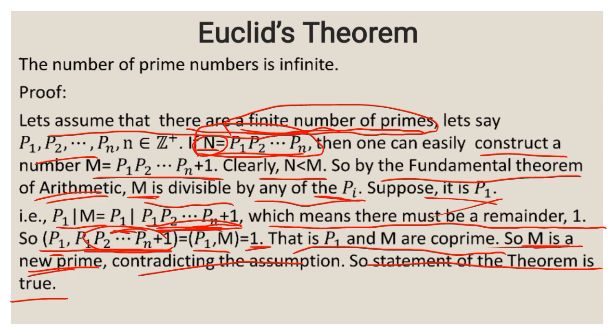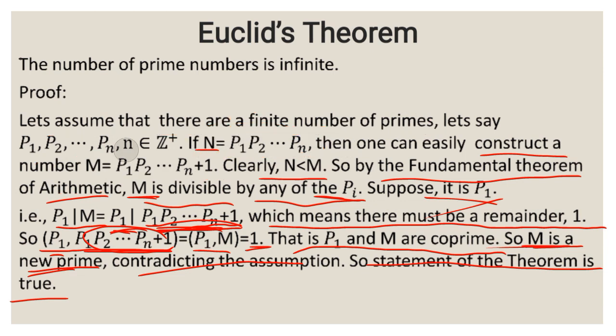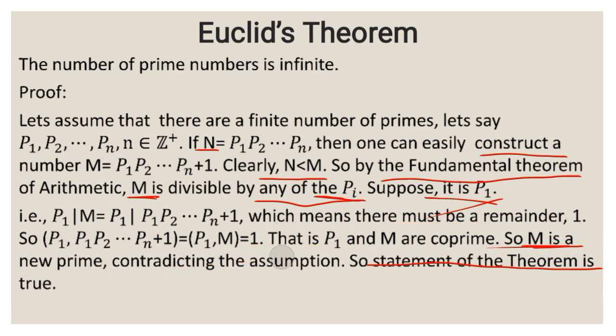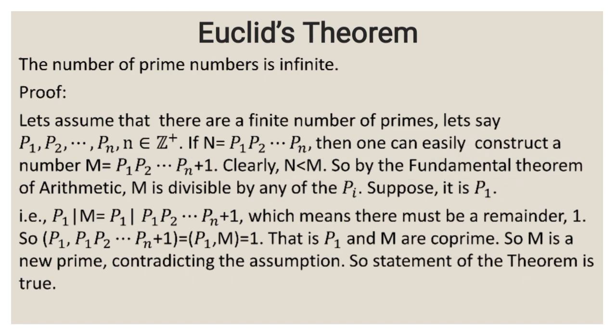That is the fact that the number of prime numbers is infinite. So we prove by contradiction by assuming that we have finitely many primes. So they are finite numbers. So we say, okay, let them be P1, P2, all the way to Pn, n of them. So if there are n of them, we see that we can construct a new prime number by simply adding,